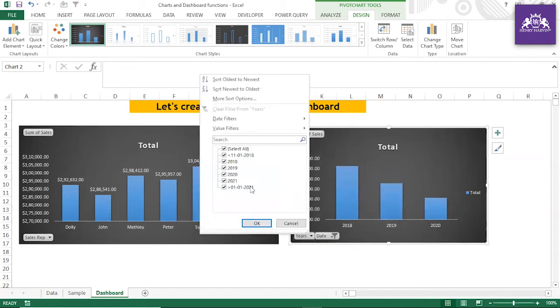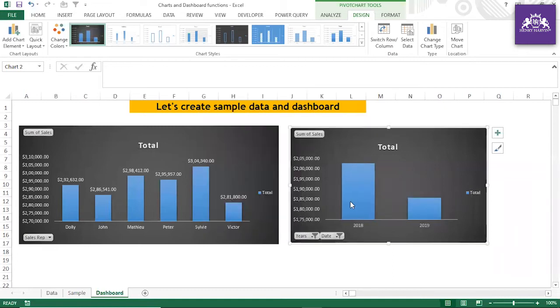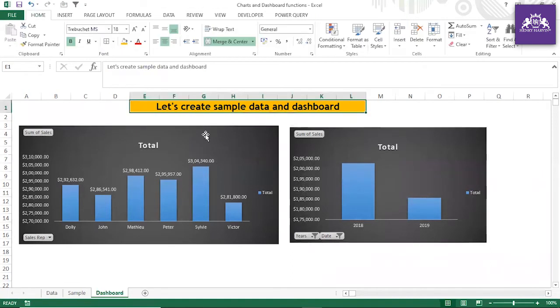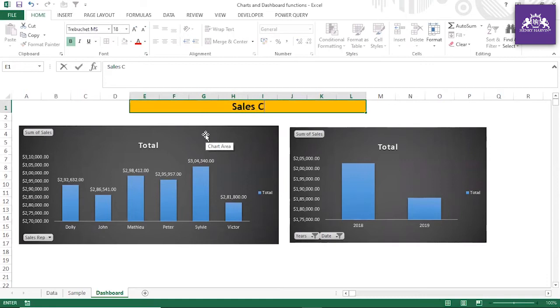If you want to filter, you want to see only these two years, 18, 19. Such kind of insight can easily be given, and this is a very interactive chart if you make it in a pivot table. And now you see this is actually a simple chart, or maybe you can call it a sales chart